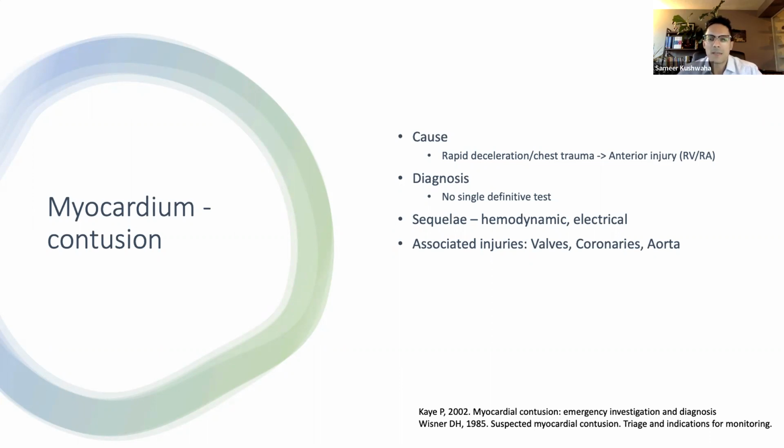So as mentioned, it's a fairly difficult diagnosis to make because there's no single specific test other than direct pathologic examination. The cardiac biomarkers such as CK and CKMB are not specific, and they don't detect the presence of contusion or the likelihood of complications. Troponin, while highly sensitive and specific for cardiac injury, is very non-specific as to its precise cause. And as we know, there are often other systemic factors that contribute to an elevated troponin during acute trauma.